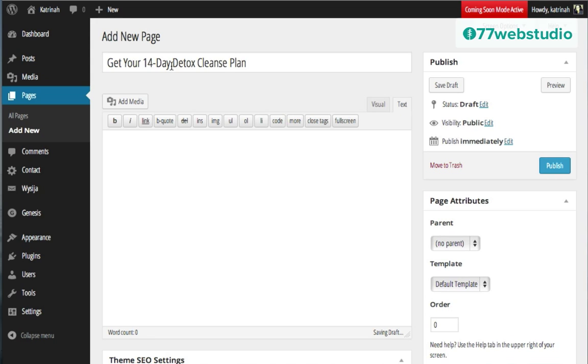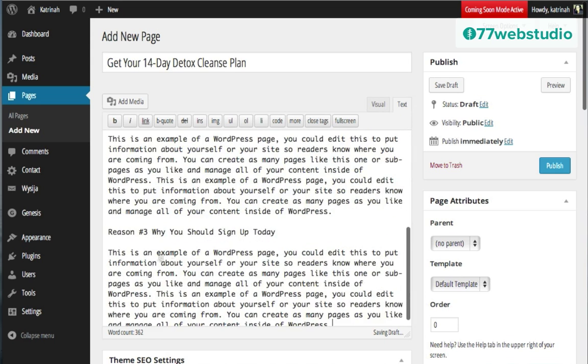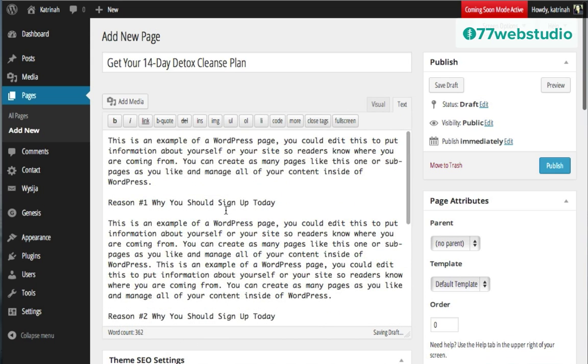Of course, in order to incentivize someone to actually sign up for anything, you need to give them some reasons. So I'm going to add in some demo content right here, which as we can see, I'm going to include reason number 1, why you should sign up, reason number 2, and reason number 3. You can read all about landing pages out there on the web. There's lots of great tips out there, and I encourage you to check that out. For now, I'm just going to leave this text here.